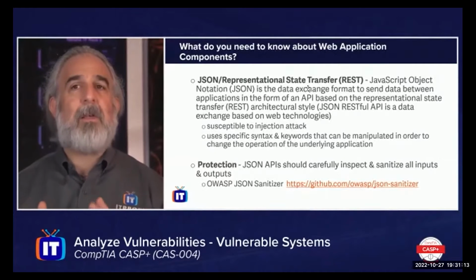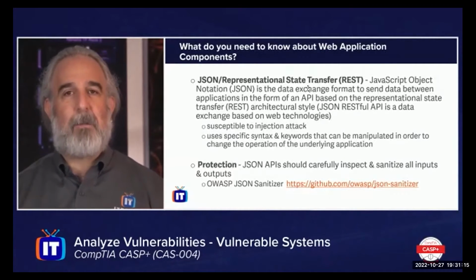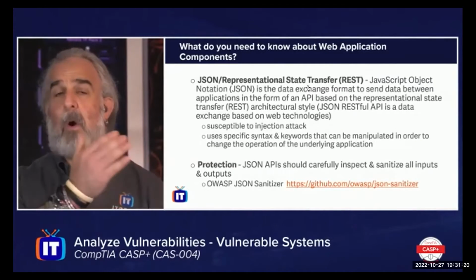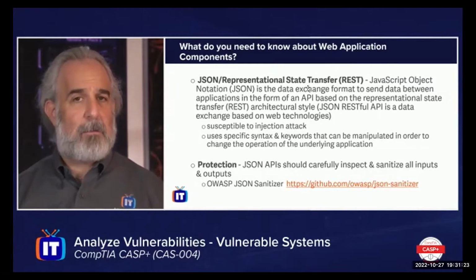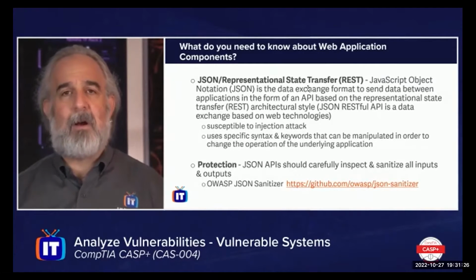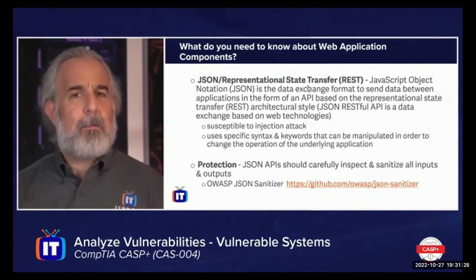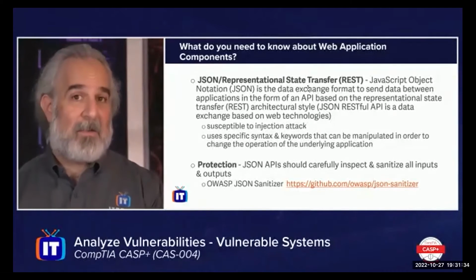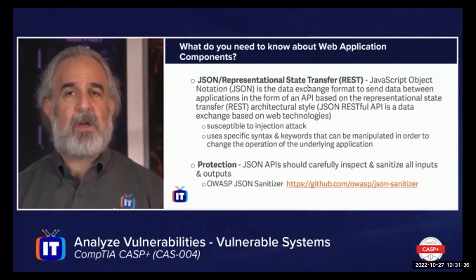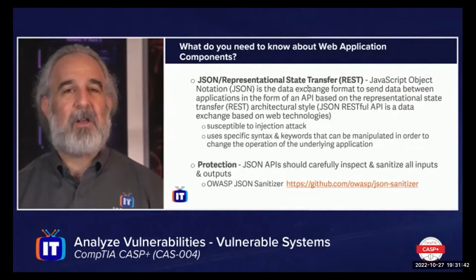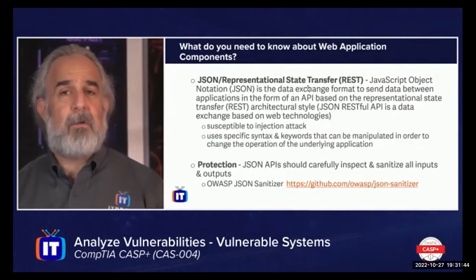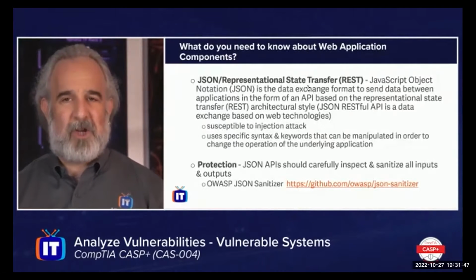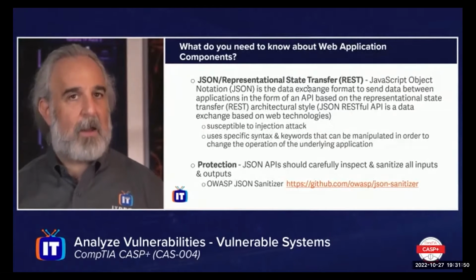And so when we combine these together and we use JSON RESTful APIs to exchange data in and among web technologies and applications, we have to worry about things like injection attacks and susceptibility to them. The concept here is that the bad actor can potentially insert specific syntax and keywords and/or manipulate existing syntax and keywords in the exchange based on knowing the way in which JSON and RESTful API structure is going to be managed. And if they're able to do that, they may be able to change the underlying operation of that application, manipulating and exposing data,